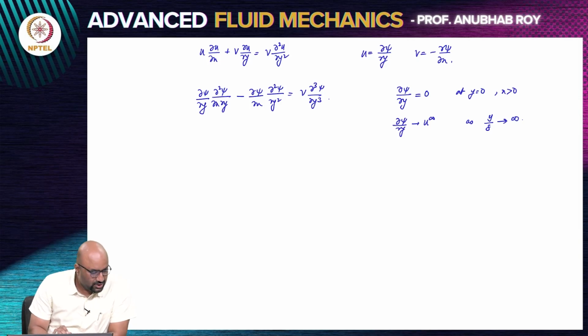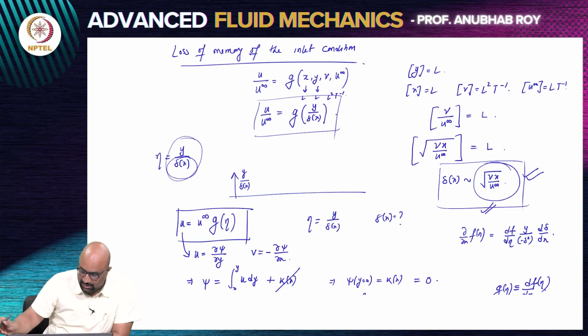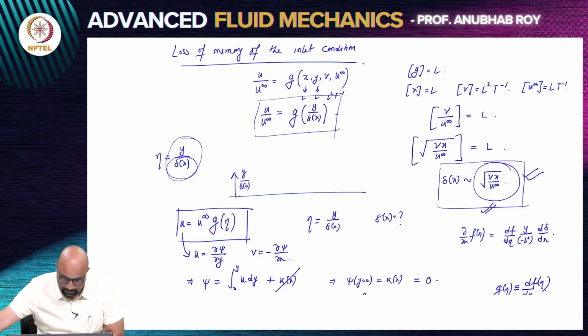Any other boundary condition? Obviously psi is equal to 0 at y equals 0 for x greater than 0. That's the fact that the plate is a streamline. Okay, so now let's try to write these equations in terms of the formulation, which is psi is equal to